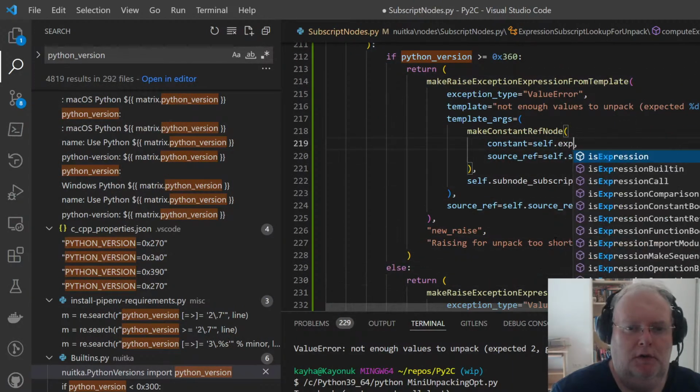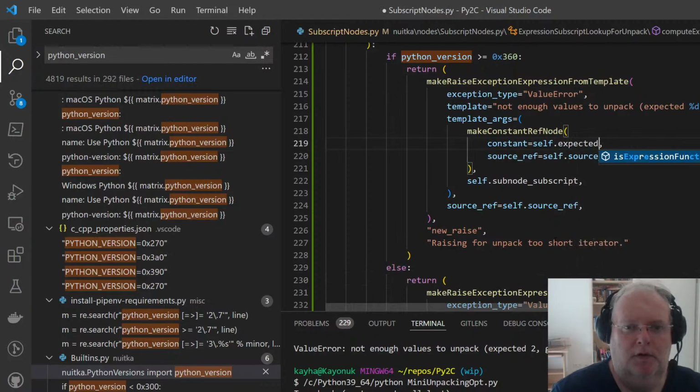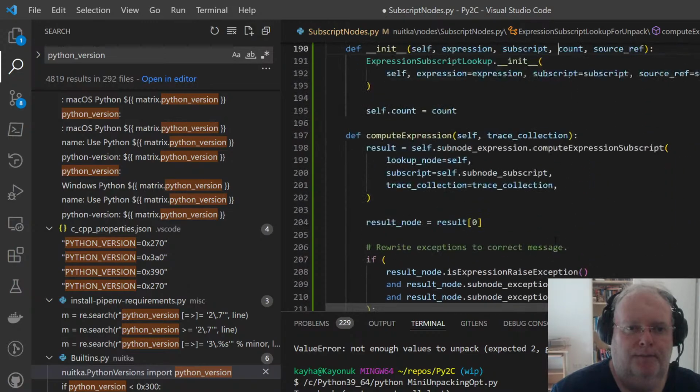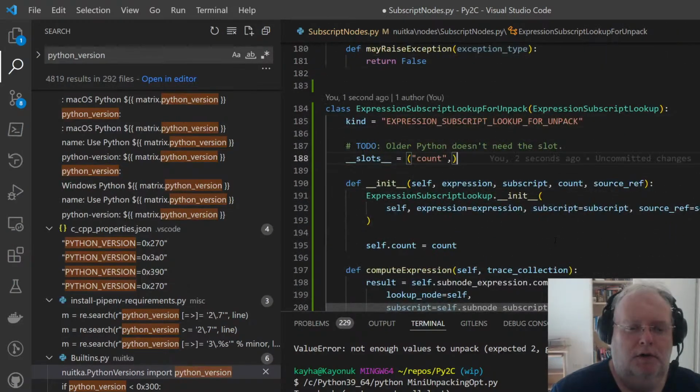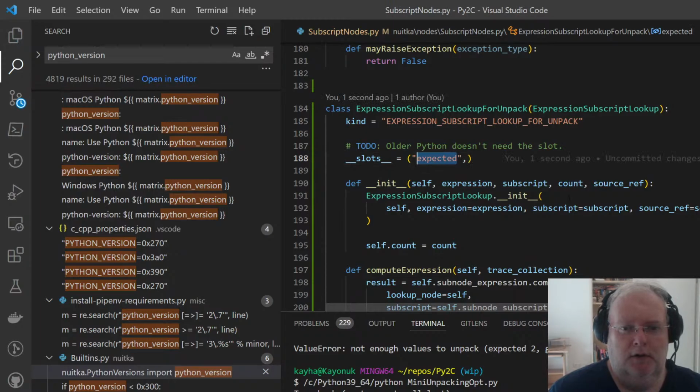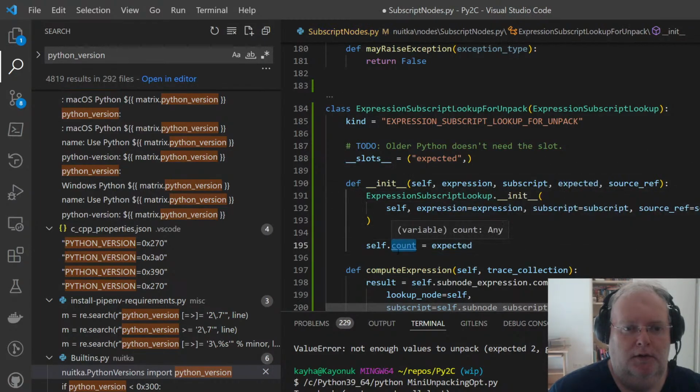So I'm supposed to use this. So count is the current one. The current one is in the variable and the expected one is here. So expected, let's rename it to expected. Okay.